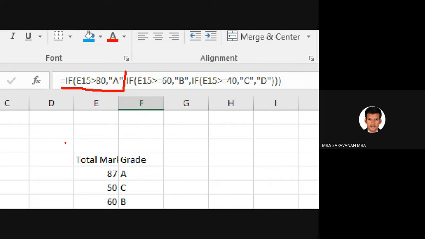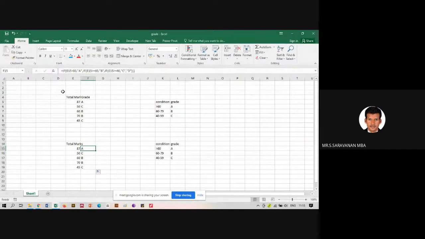Instead of typing individually, what is the advantage? I will show you. I'm changing the marks here to 70. Automatically, the grade changes. Let's take 99.